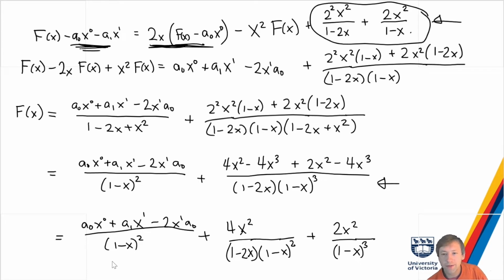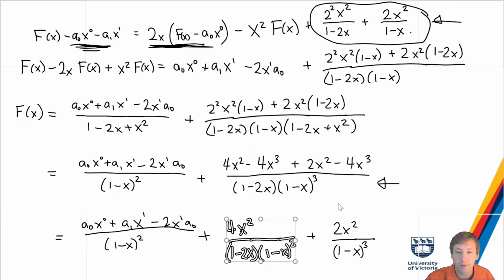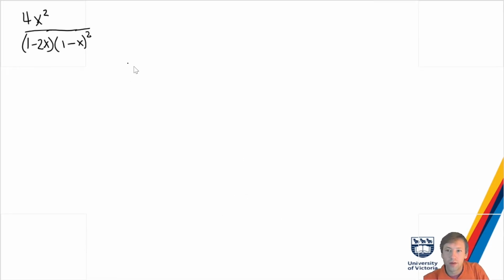Because each of these three terms I've got left here are things I can deal with except for the middle one. The middle one is going to need some partial fractions, but the other two are pretty good. So let's just work on this middle term, and then we're going to figure out what this is with partial fractions, and then substitute it back in. Okay, so partial fractions tells me I want to write this as a over 1 minus 2x